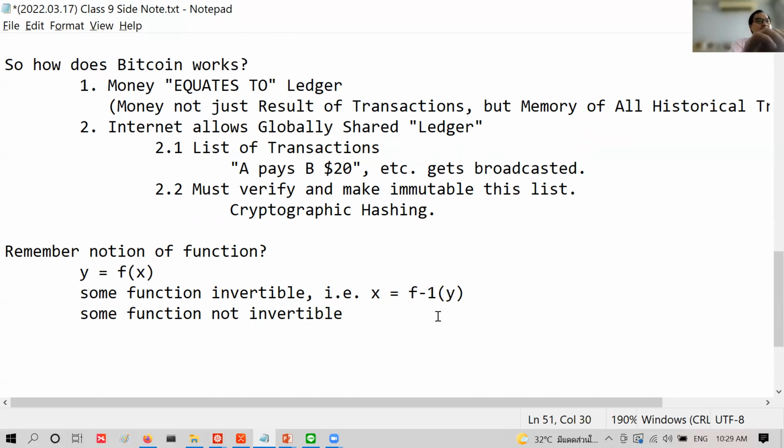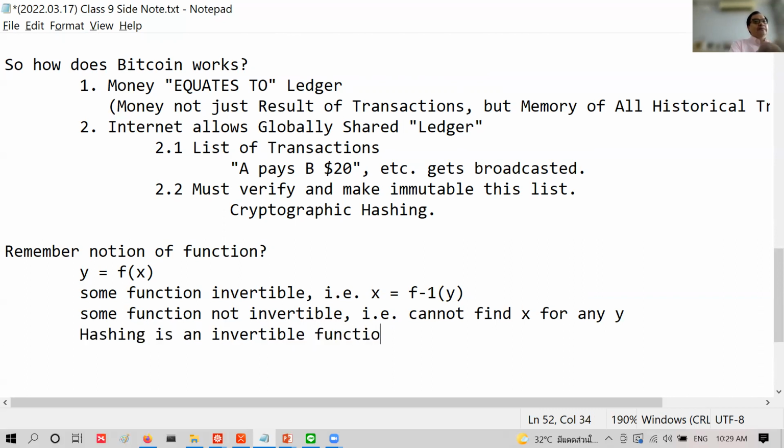Some functions are not invertible, i.e. you cannot find x for any y. Hashing is a non-invertible function. So that's hashing, except